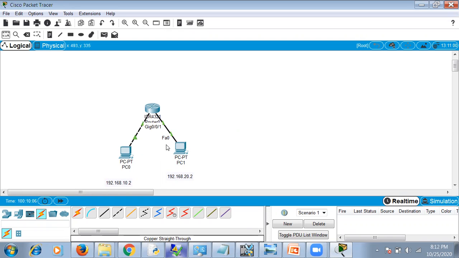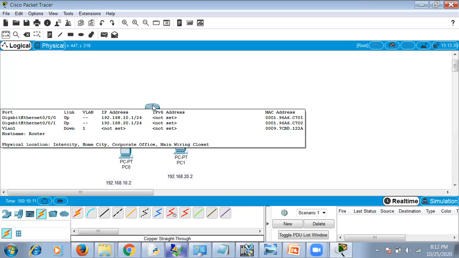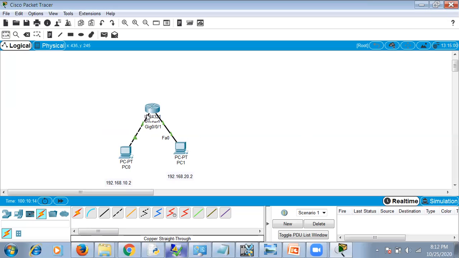So it has to go through a switch or it has to go through a hub. So a router is connected through a switch or a hub to the PCs, because router is used to connect LANs and not PCs. Because router is a three-layer switch, it's used for routing the packets and it's used to connect bigger LANs, whereas hub and switch is used for the LAN connection where all the PCs are connected to it. So this helps in the addressing of the packets.